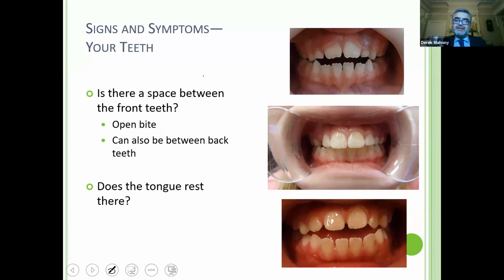I'm sure you understand this, but it's important for our colleagues to understand what a class 3 jaw is, what a class 2 jaw is, what an open bite is. These 3 bites are the most prevalent that you'll see in your kids that have these speech problems. Open bite means their front teeth can't touch naturally together. Overbite means the front teeth are very forward of the lower teeth, and underbite is where the lower jaw is